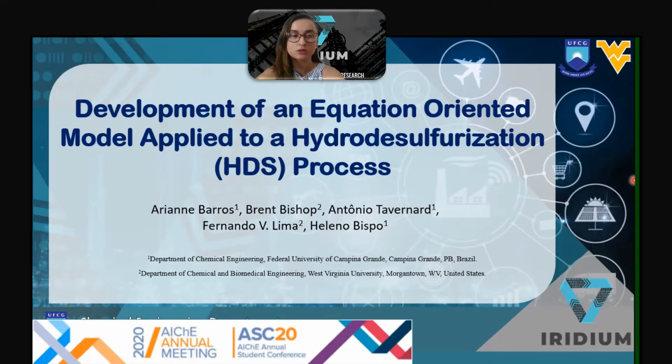So, this work is named Development of an Equation-Oriented Model Applied to a Hydrodesulfurization Process and is being developed at the Iridium Research Group from the Federal University of Campina Grande, with contributions of Code's Research Group from West Virginia University. So before I talk to you about the project itself, I would like to do a brief contextualization of